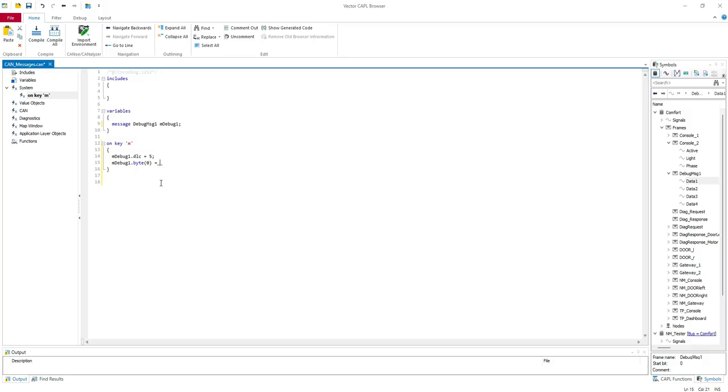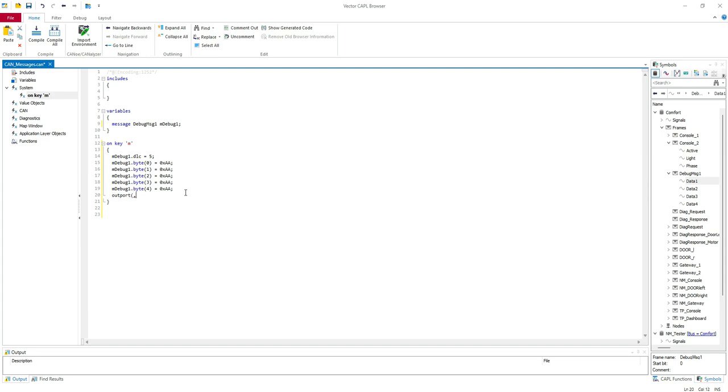Here I'm going to put 0A, and I will copy this and use the same for all the other bytes. So this will be byte 2, 3, 4, and 5, okay? Because we start from 0. Now I define the message length, and I define the message data, and I will output